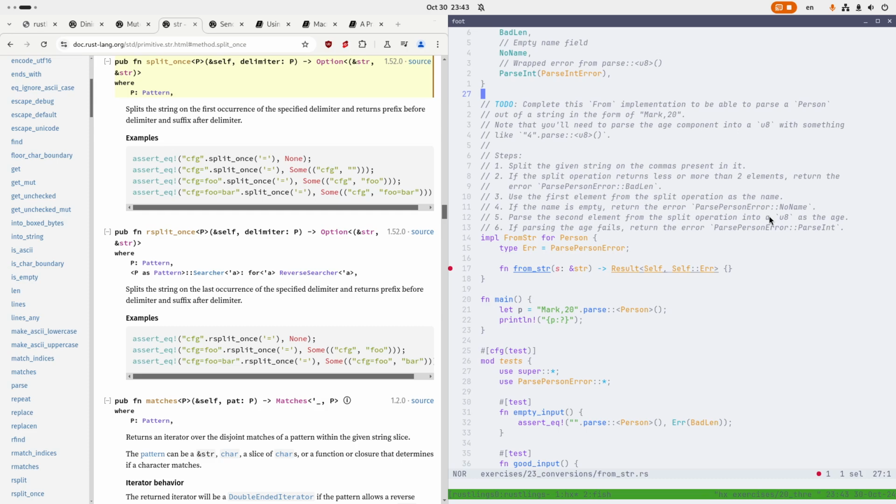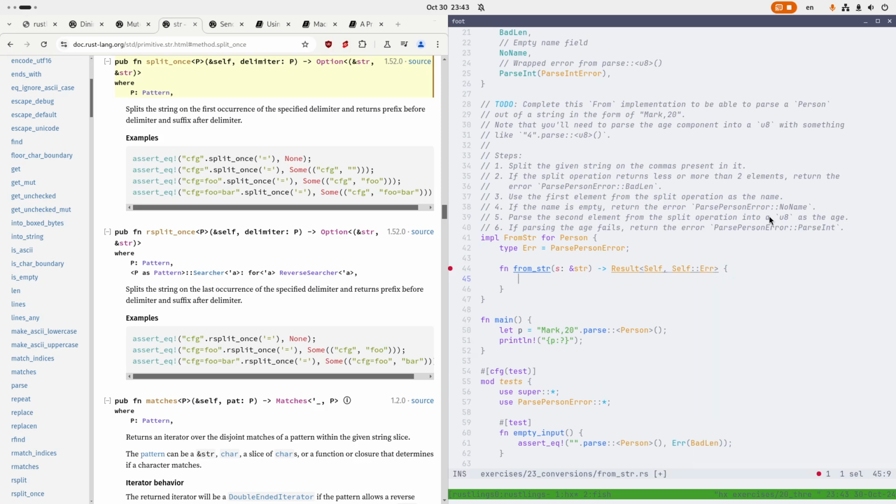We need to parse person error, okay? Okay, I can see where this is going. You know where this is going? This is going exactly into